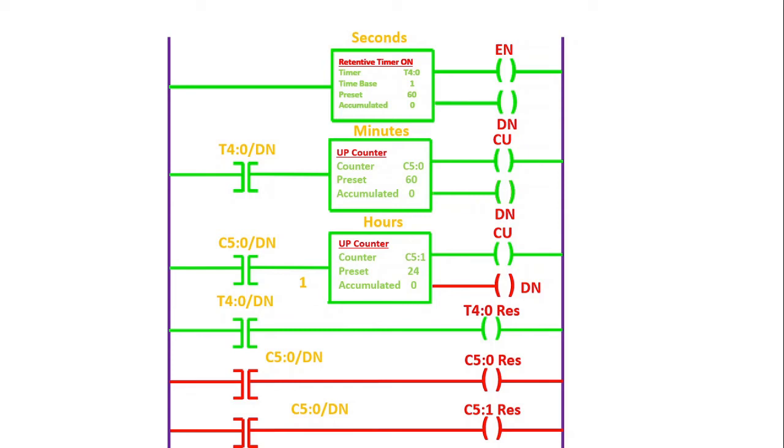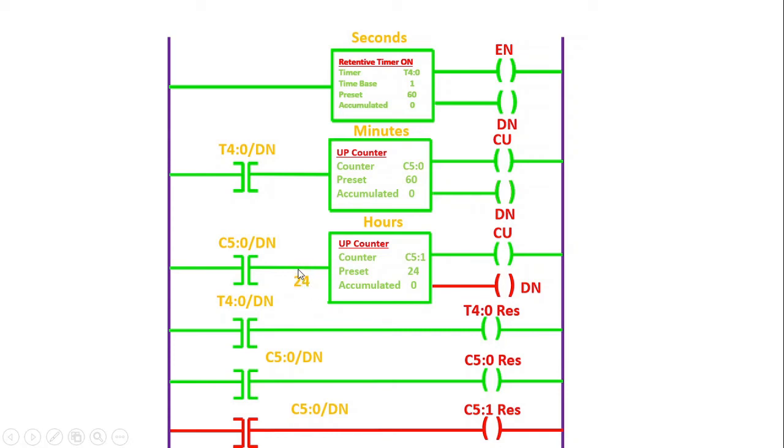After that, if you carefully observe, the same address, the C50 done bit, is used here as well. So the rung gets energized and this particular counter C50 will be reset. Again, this will be reset. In parallel, this also will be resetting every 60 seconds. And again, this starts counting from minute 1. And again, after 60, this will count 2. The process repeats. Once it counts 2, it will be counting 3, 4.